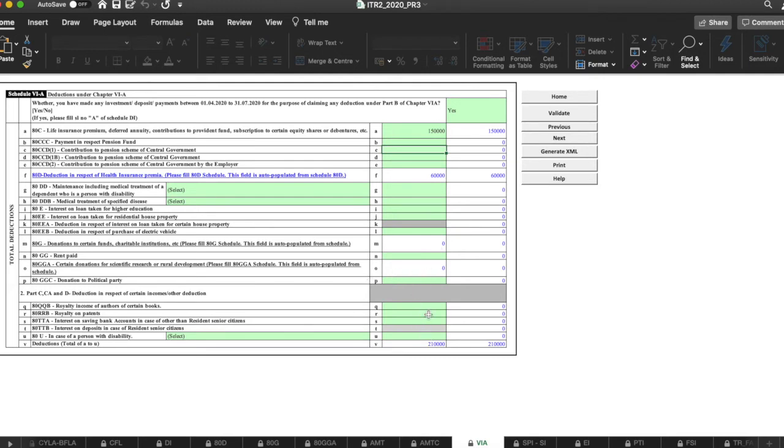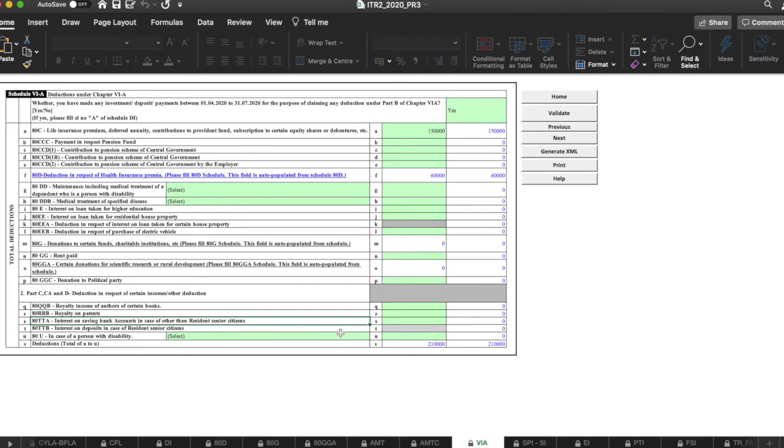Update two things which is as applicable for an individual below 60 years and above 60 years and a resident. So that is the ATTTA. So the interest on savings bank account in case of other than resident senior citizens.